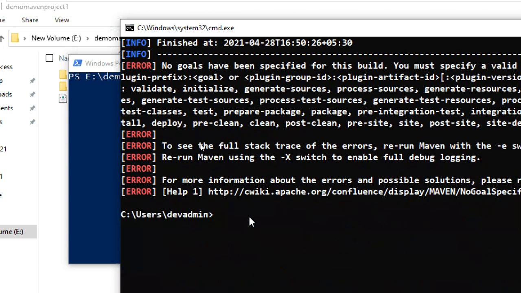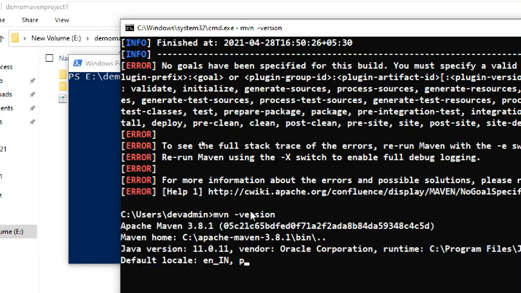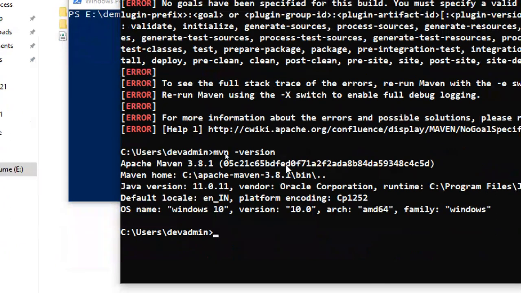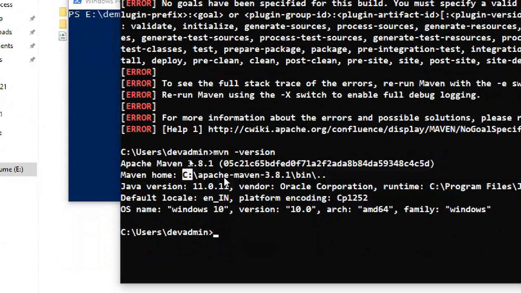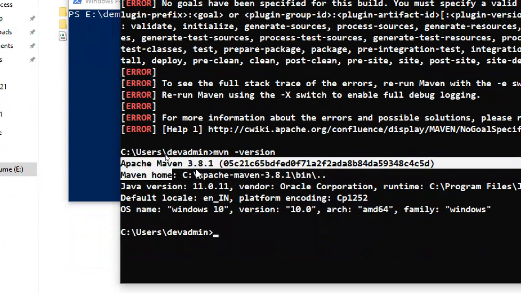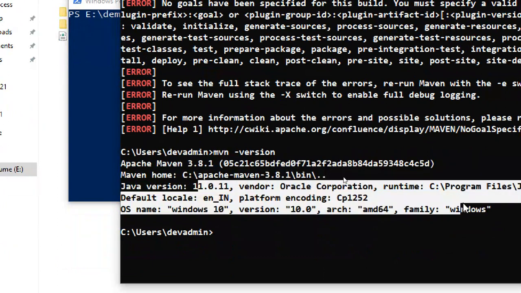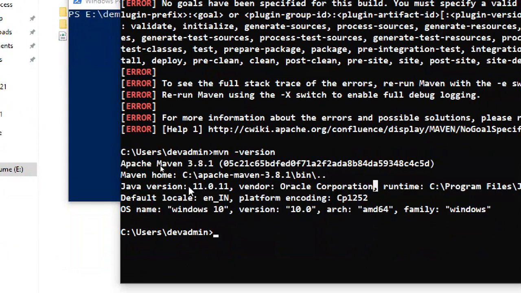Okay, it is showing the build options and all. mvn hyphen version. I just need to see the version and the commands. So it is showing where Maven home is located, the mvn version, and other things, including the Java version also.